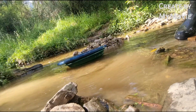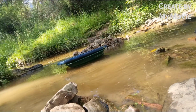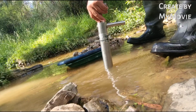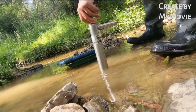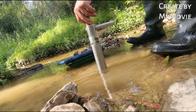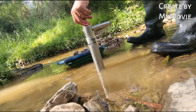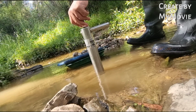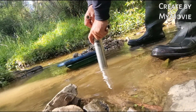Looser gravel's probably didn't hold anything there, so what I'll do, bait pump. You want to have a screen in your pan, and it just helps a little bit. One, it screens out the larger rocks. But the other thing it does is stops you getting a bit excited when you're sucking,